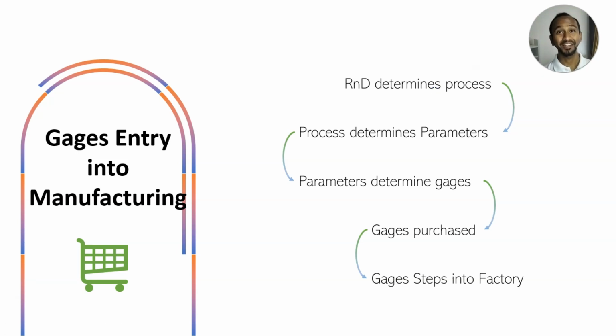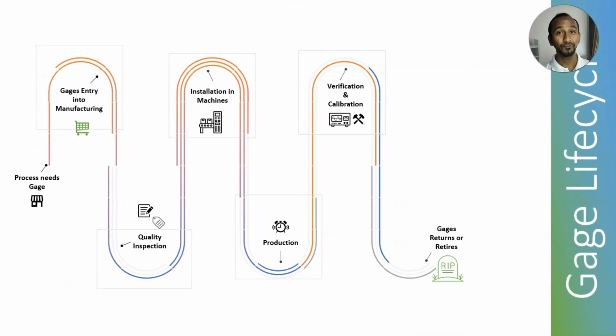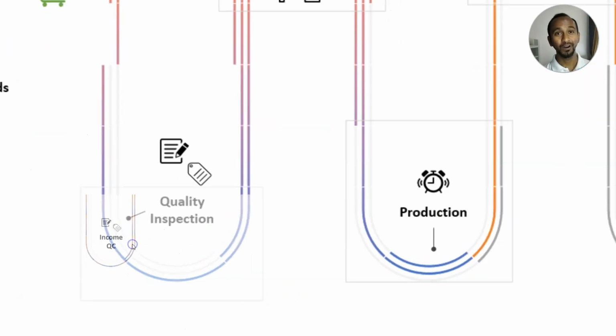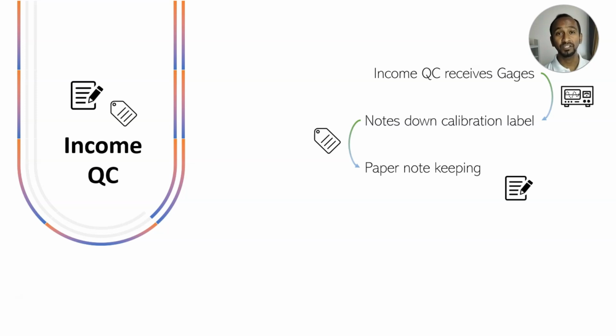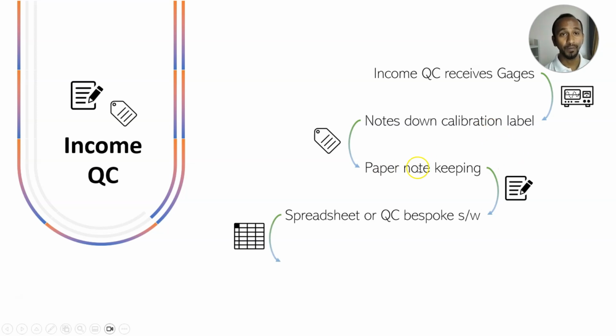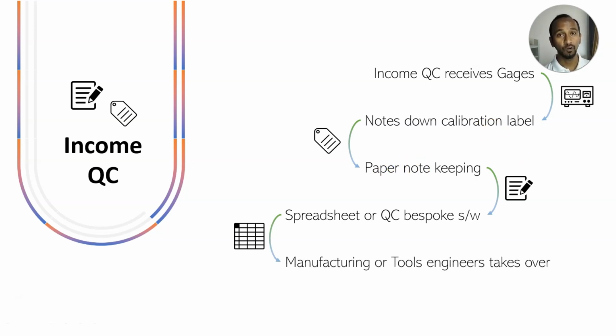From here, it is taken over by the QC team, the quality team. The quality team receives the gauges and makes note of the various labels that come along with the instrument. Usually the labels contain the next due date. It is written down either on paper, in a spreadsheet, or in some bespoke software that tracks all of these. And from here, your manufacturing engineering or tools engineering team will take over for further